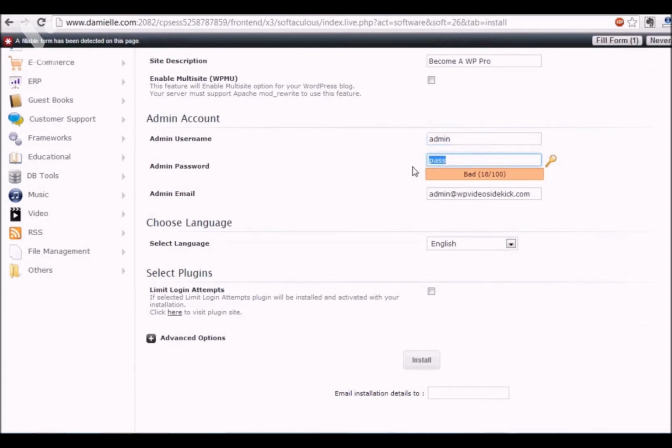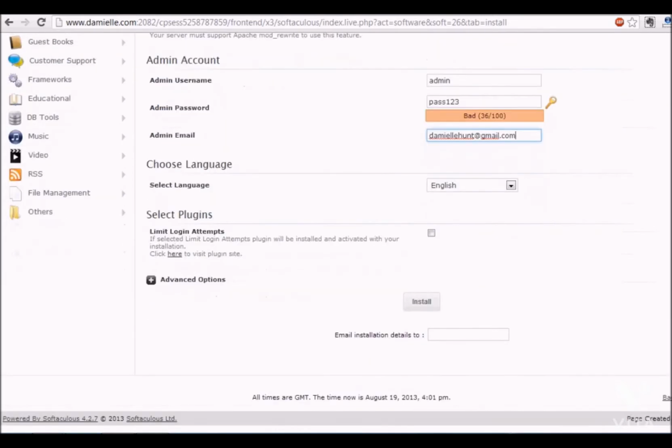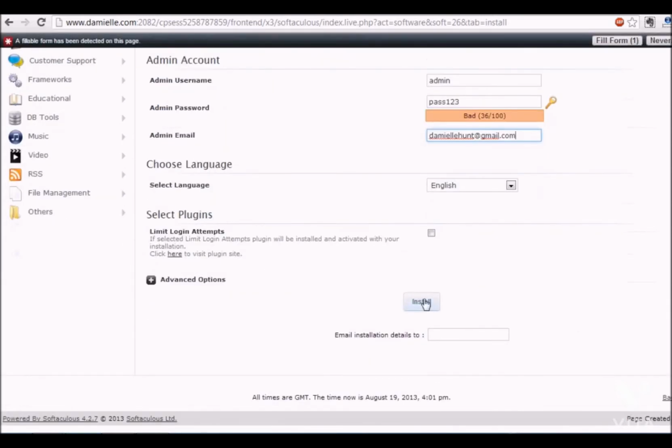Now, because this is a demonstration video, I'm just going to leave the username as admin and just create a password, because of course I'm not going to use this for any serious purposes. And you just want to add your email, and this will be used for communications from the site to you. So if there are updates, or if there are comments to be approved on your site, then it will go to that email. So then we just click install,